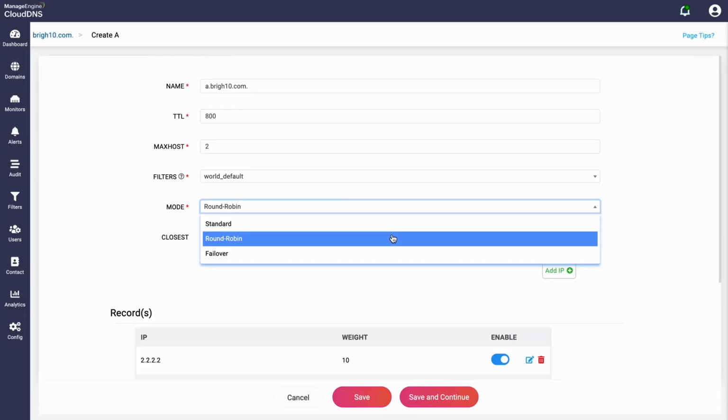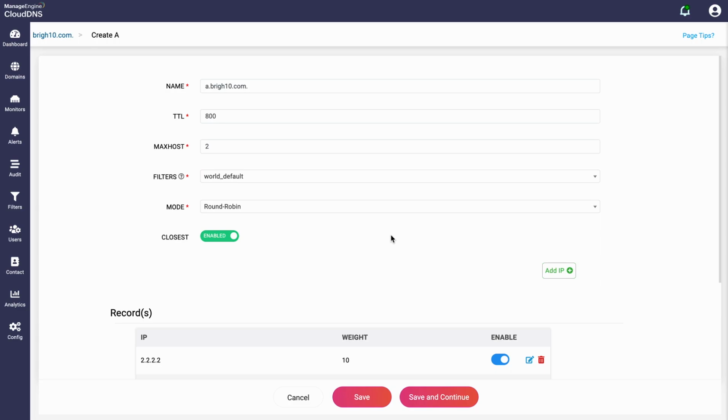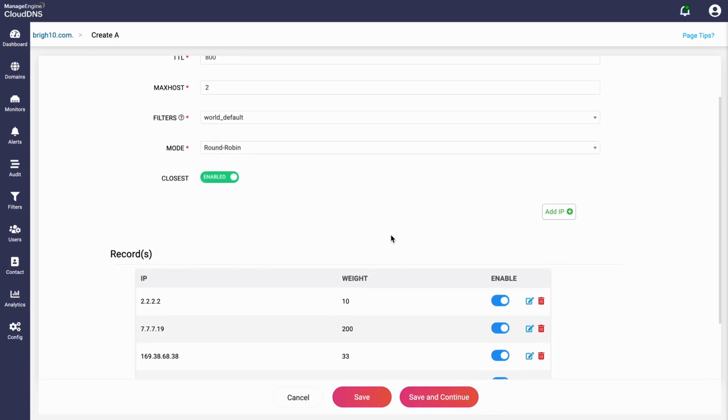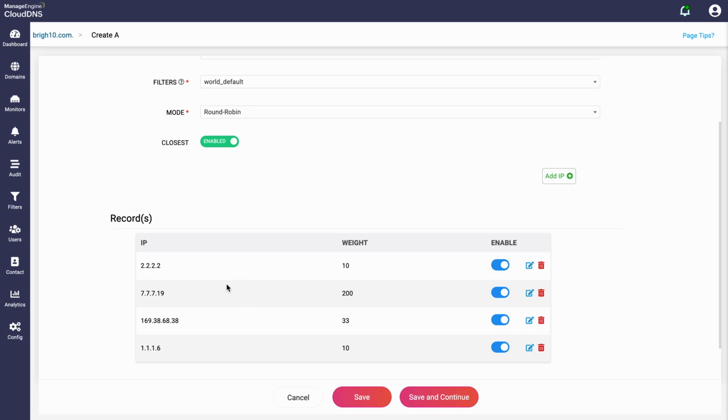So the next option we'll be focusing on would be round robin mode. The round robin mode distributes the incoming traffic across a group of designated hosts on a rotational basis so that every server in the group gets a chance to serve your traffic. You can also assign weights for each server. The weight value indicates the priority of a host in comparison to other hosts within the target server group. In case identical values are assigned to multiple hosts in the target server group, the incoming request is processed in a round robin fashion. The weighted round robin mode integrated with health monitoring checks eliminates any trace of instability or